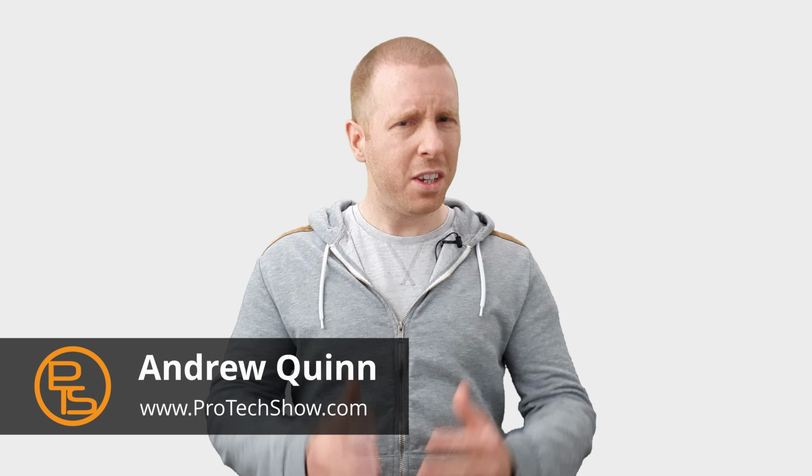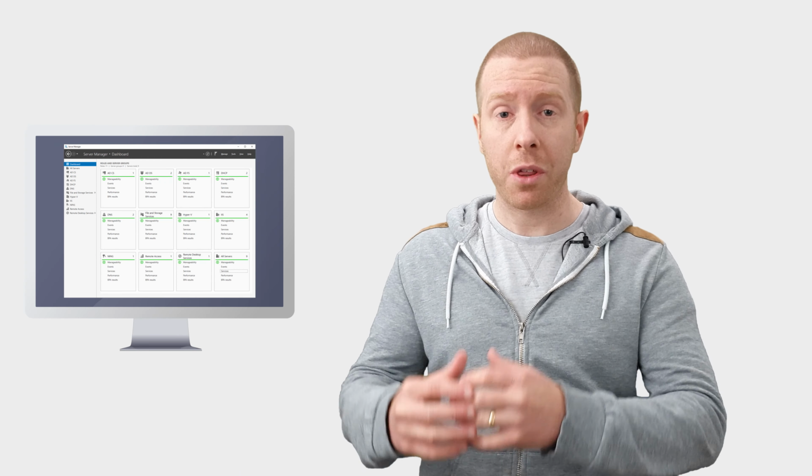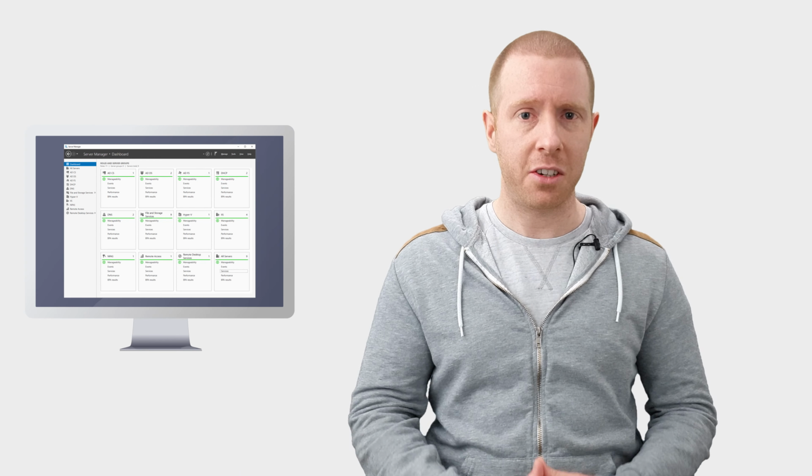Alright then, what is Windows Server Core and why might you want to use it? Windows Server Core is Windows Server without the graphical user interface. When you log on, you get a command prompt and nothing else. Now, for a lot of Windows admins, that could be a shock, but for a large proportion of the world's servers, that's completely normal. Yes, Linux admins, you have every right to chuckle because you were doing command line only